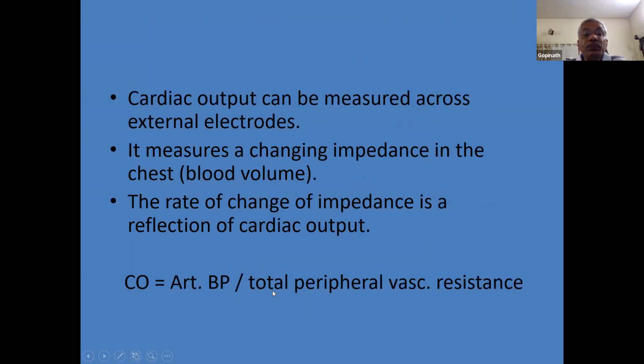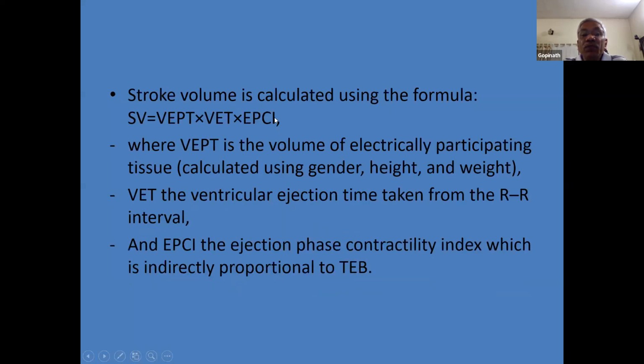So generally a couple of external electrodes are placed on the chest, and it measures the impedance change, which is generally the blood volume change, and the rate of change of impedance is a reflection of cardiac output. So arterial BP by total peripheral vascular resistance. Stroke volume is calculated using this formula, where VEPT is the volume of electrically participating tissue. So this is calculated,